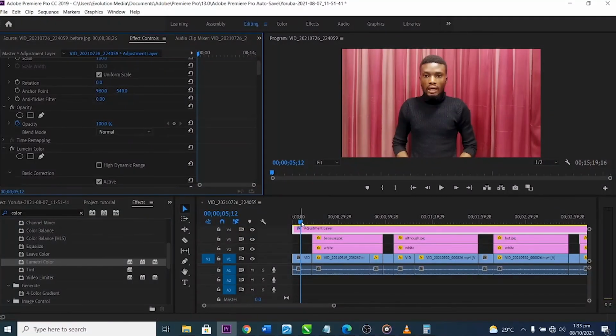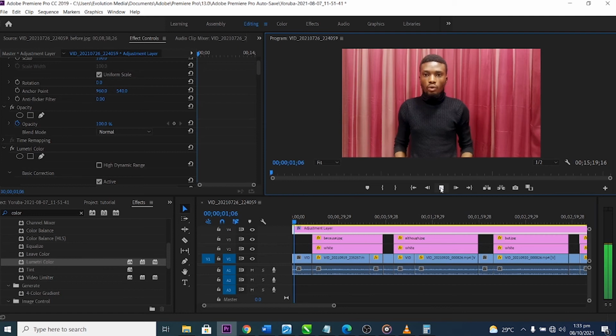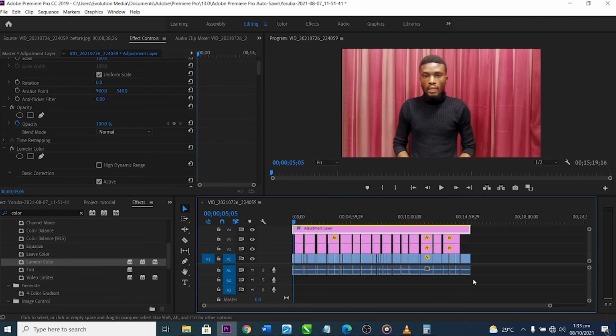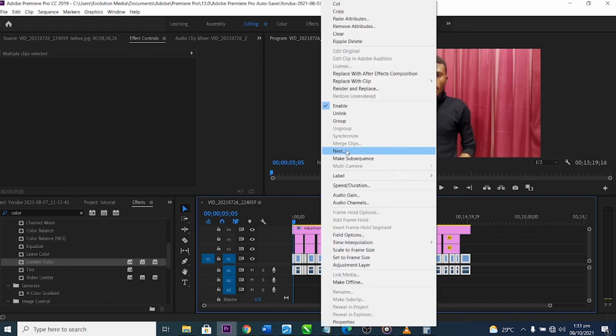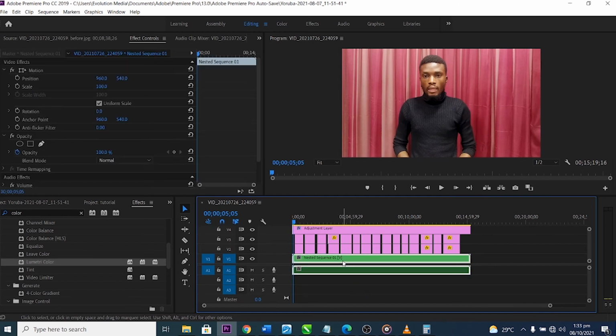And also, let me teach us how to do a little bit of audio cleansing to enhance your audio. So let me go back. Let's see the audio. So we've actually done a lot of cutting here, so I want to apply a general feature to all the audio. So what I want to do is to group the audio back into one. So what I have to do, just to nest, and then it's grouped now. The audios are grouped now, so I can add any feature that I want. It will add to everything.